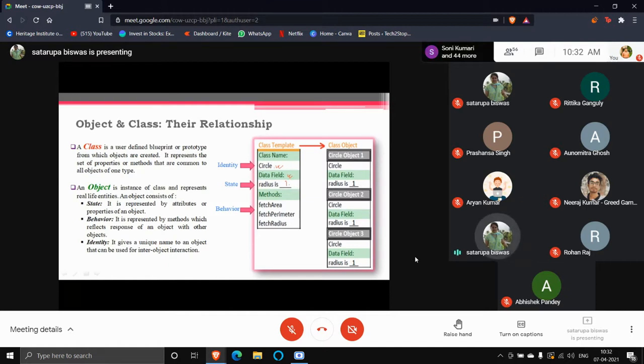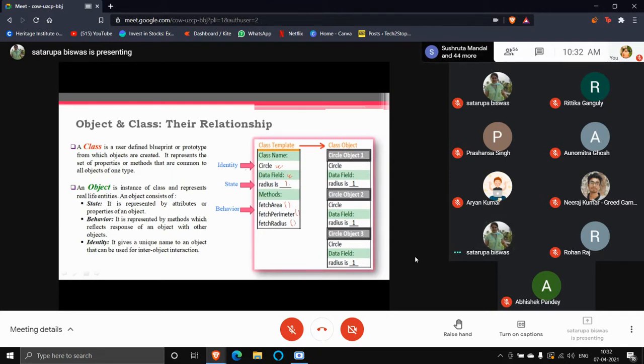So we have defined the name of the class. The data value you have to keep, the attribute, is the radius, the length of the radius. That is also here. Methods: fetch area, that is, how you are going to calculate the area, how you are going to calculate the perimeter, and how you are going to get the value of the present radius. So these are basically the three functions. Okay.